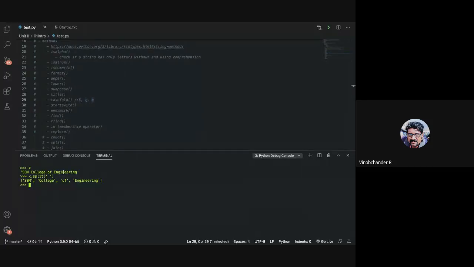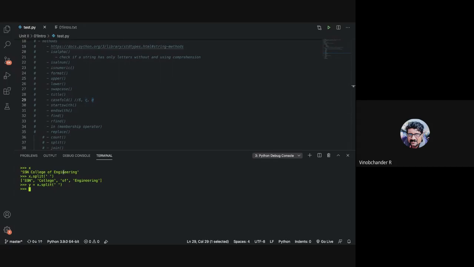Now join is the opposite of split. So let me do a join and then join SSN College of Engineering. Let me have this x dot split in a variable, say y, and then I can say dot join.